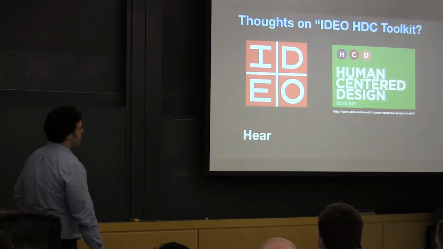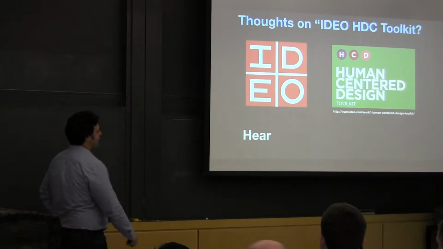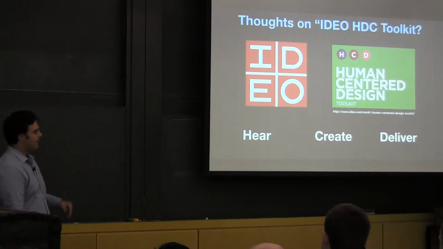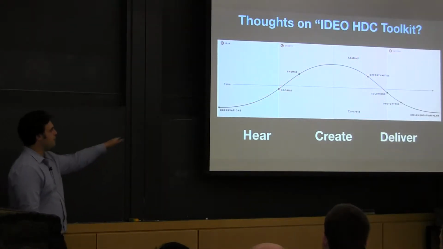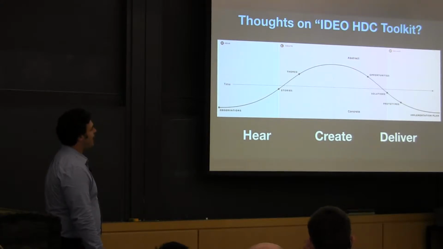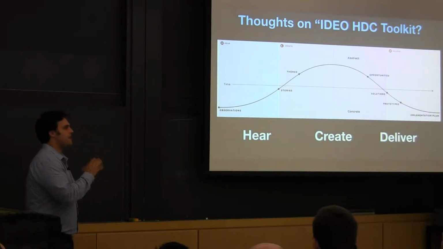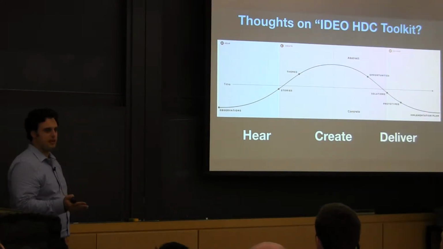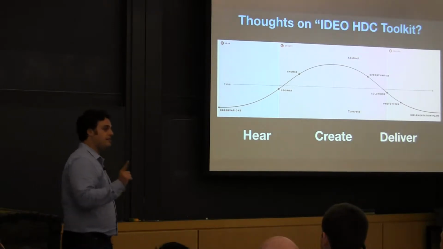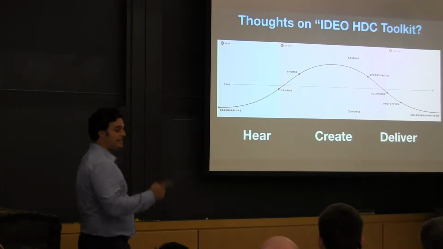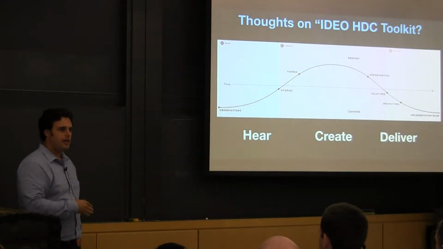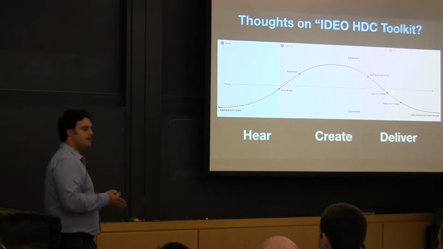Yeah. So the main premise of this is, the 3 main chapters are hear, create, deliver. And they show this process of those 3 stages. I think this is one of the only written works in this space of how do you go about designing this space. But I think there are some limitations, but they make sense when you think about them from IDEO's perspective. Are you all familiar with IDEO? Yeah, they're a big product design firm, probably the biggest in the US.